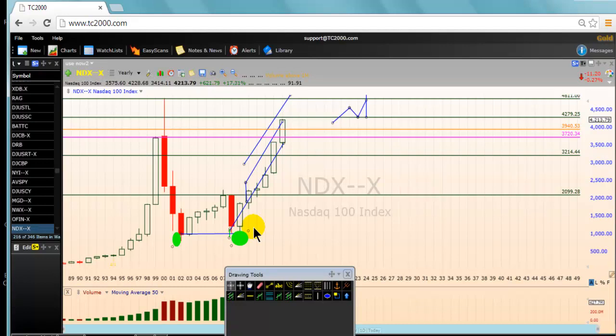Apart from that level, there is another target which I like to call the medium-term target. The medium-term target, which I showed traders how I calculated last time for the Nikkei 225. So I don't want the video to be too long. I don't want to go deeply into it. So what I did, you see, my measuring stick is this one. To calculate the medium term, I just divide my measuring stick into 2. Ladies and gentlemen, I do not have any secret. I'm just sharing it all with you here. Divide that measuring stick into 2. And as it goes above it, that's where I have the medium term target. The medium term bullish target for the NASDAQ 100 is at 4811.